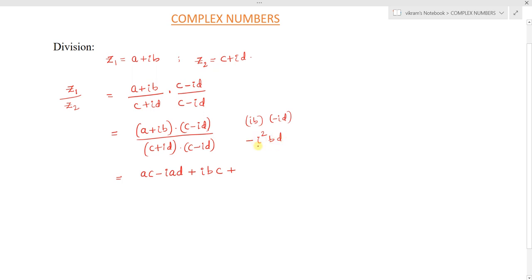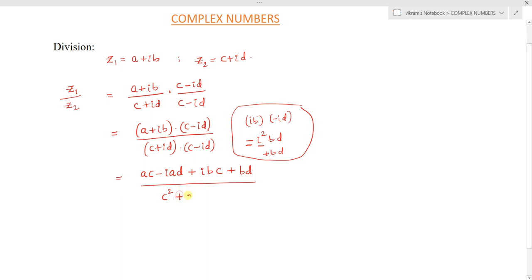I square is minus 1, and minus times minus gives plus bd. The multiplication results in plus bd. In the denominator, c plus id into c minus id gives c square, and plus id into minus id gives